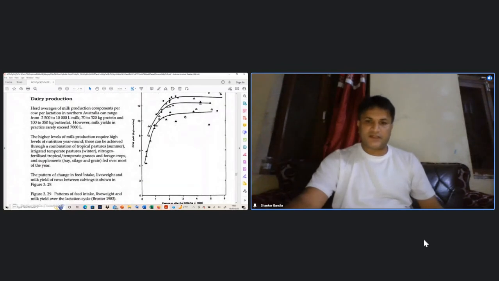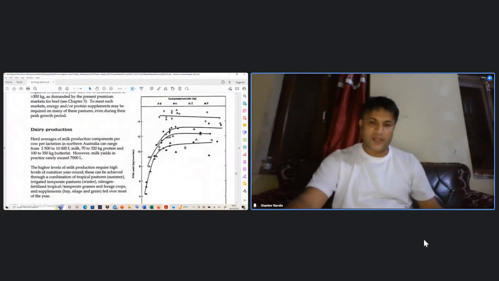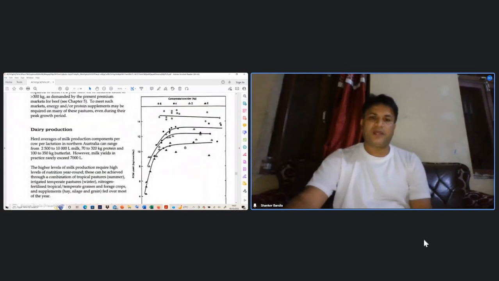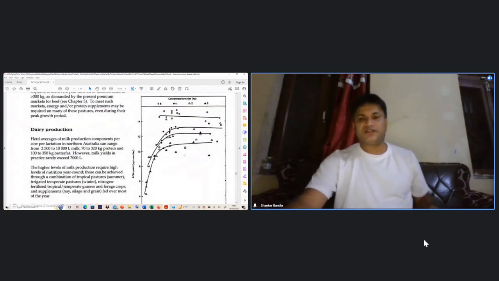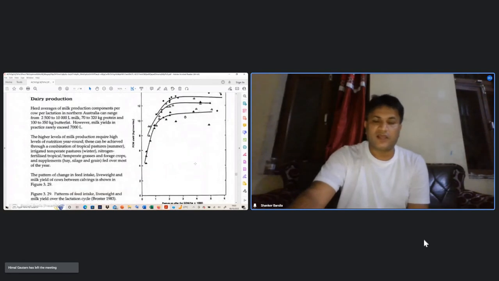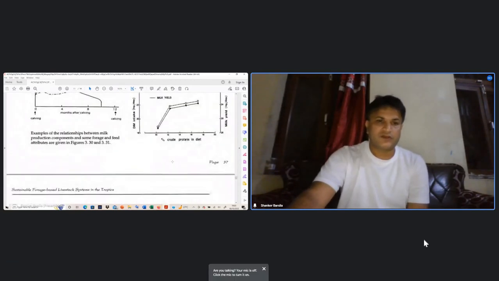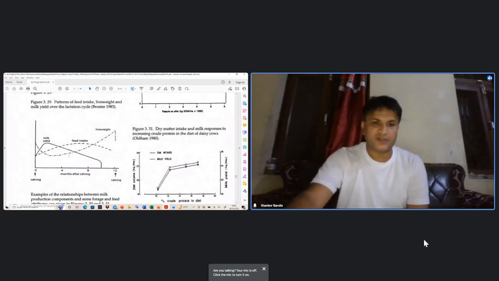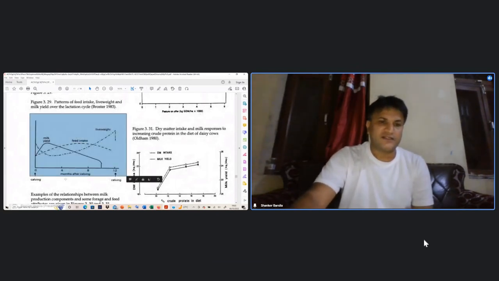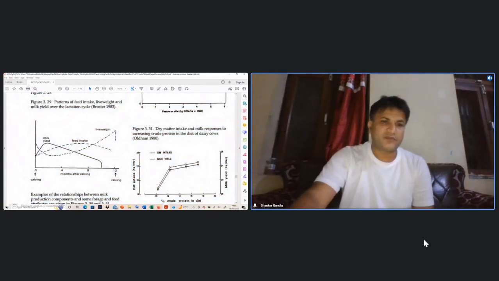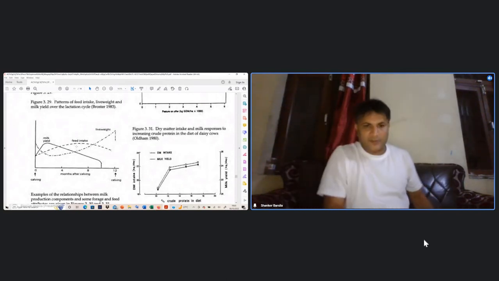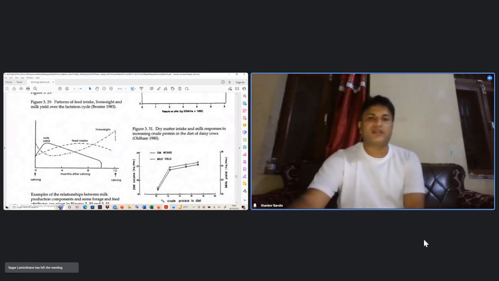And thirdly, important is the pasture on offer and fat corrected milk. Okay, that means if you have a better amount of pasture on offer, then the fat percentage in the milk would also increase, and the same tendency might occur for different vitamin concentrations in the milk. Vitamin A, right? Carotene concentration in the milk would also increase. So then you understand this figure. Then there are some typical differences in the physiology of milking animals. In the early stage after calving, there is a peak milk yield, and at the same time there is higher feed intake of animals. And at the same moment, the live weight gain is to be increased